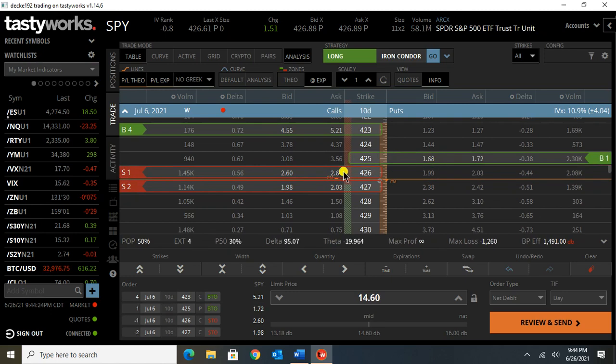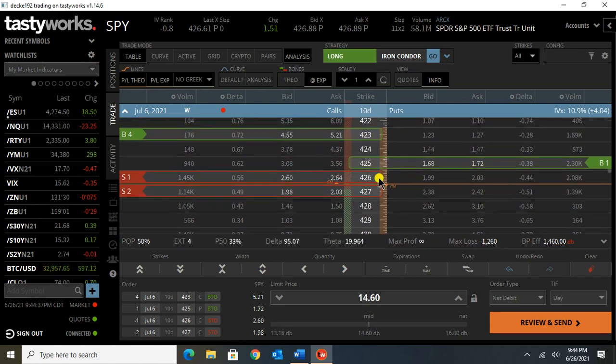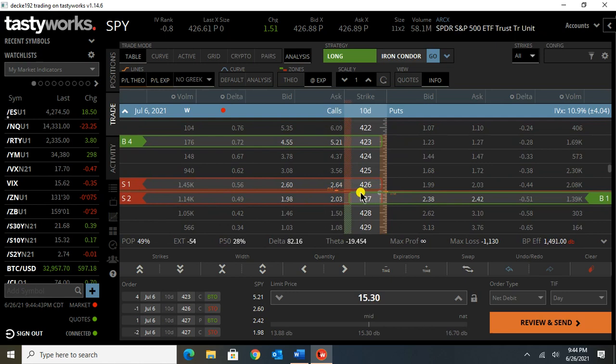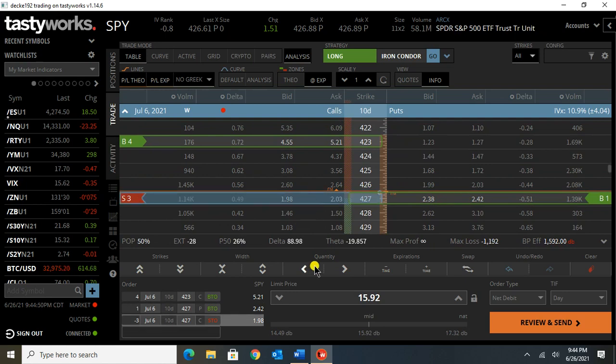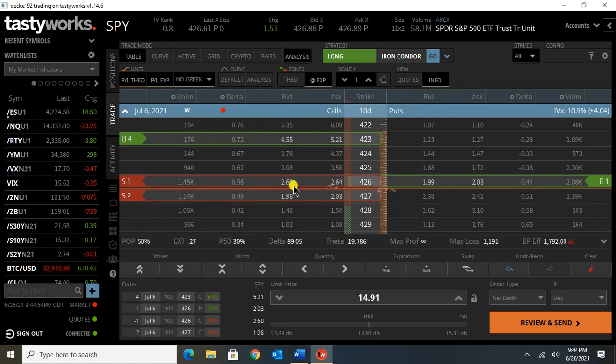If we went to the 425, this is still synthetically the same position, but the bid-ask on the in the money positions tend to get wider. So just to get better fills, you want to go close to at the money. And if you were to double up on the 427 here, you would sell 3 here instead of 2. But for this example, I'm going to try to keep it a little bit simpler and just do the 426